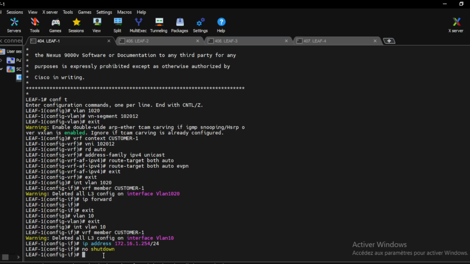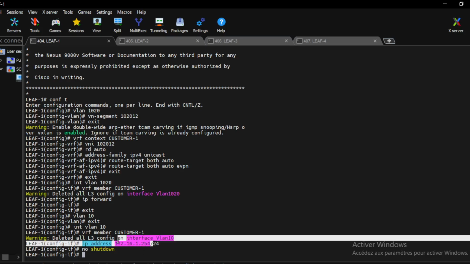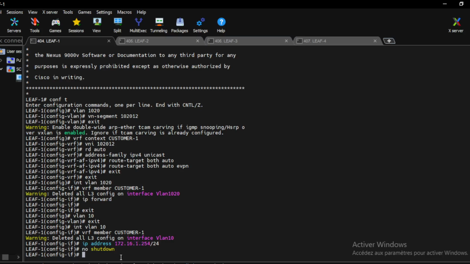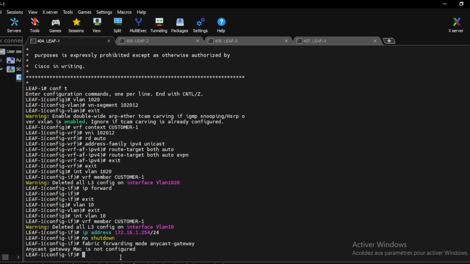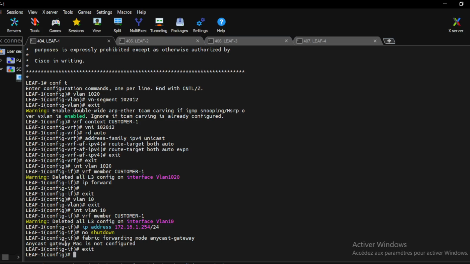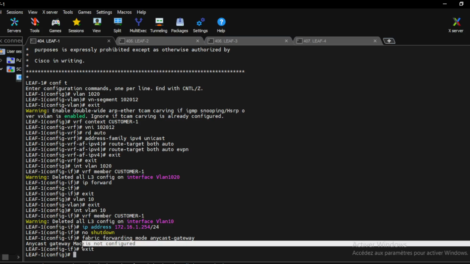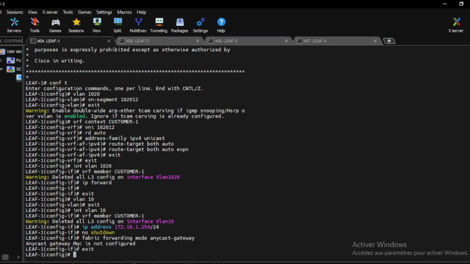no shutdown. Since this IP will be shared by all VTEPs, we have to configure this interface as anycast gateway. The command is fabric forwarding mode anycast-gateway. Okay, no problem. We have a message that the anycast gateway MAC is not configured. So we have to configure the anycast gateway MAC address so that it will be used with the anycast gateway IP. I'm going first to configure the SVI for VLAN 20,